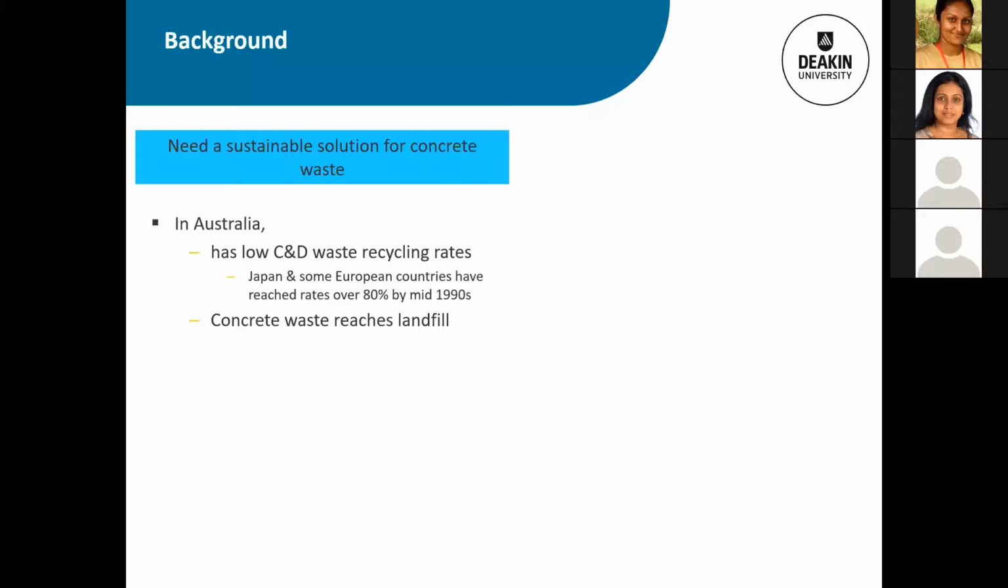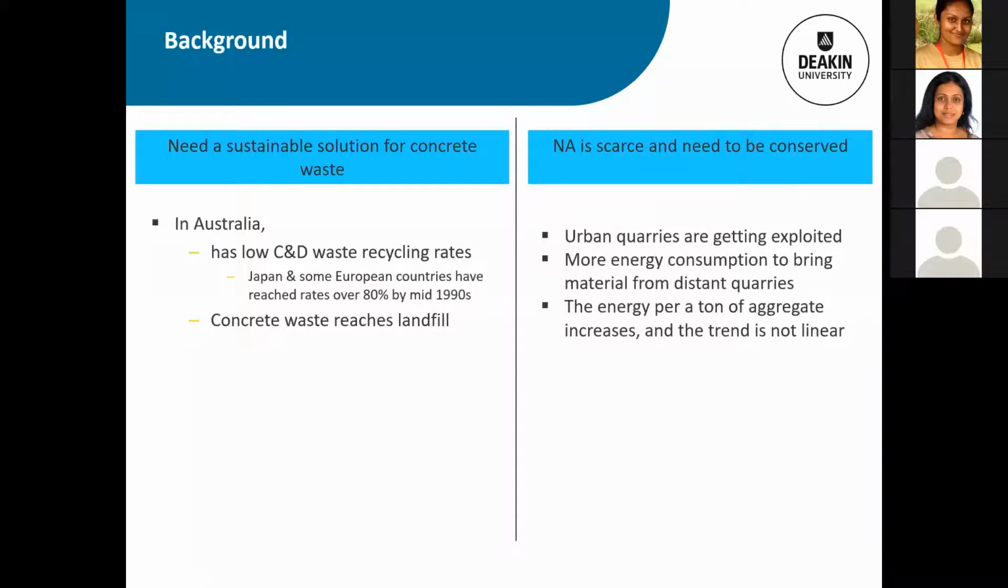So if we generally think of the alternative, I'm still in the background trying to understand why we should be doing it. In the context of Australia, there's a need to find a destination which we can consider environmentally responsible for construction and demolition waste. Other developed countries like Japan or some European countries had achieved very high recycling rates by the mid-1990s. In Australia, as a developed country, the percentage of recycling was still very low. And on the other hand,